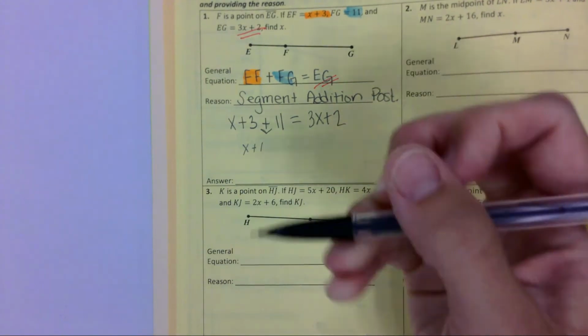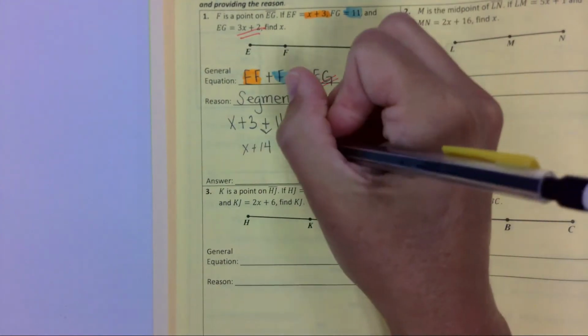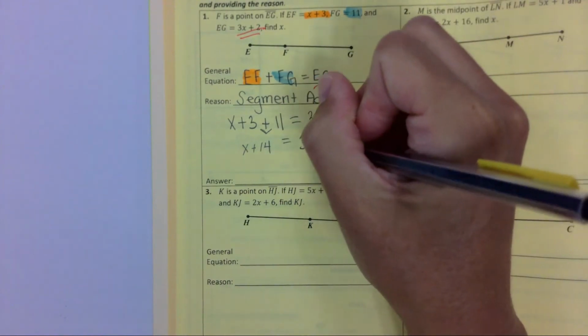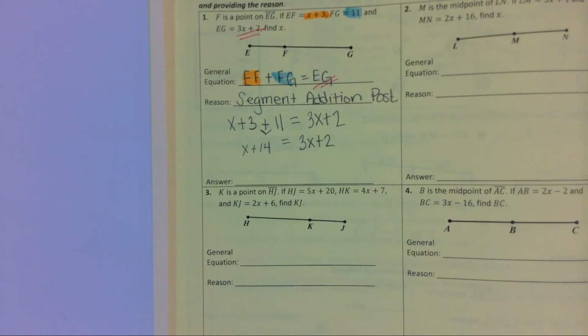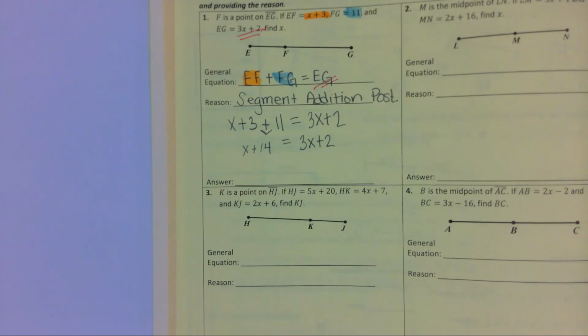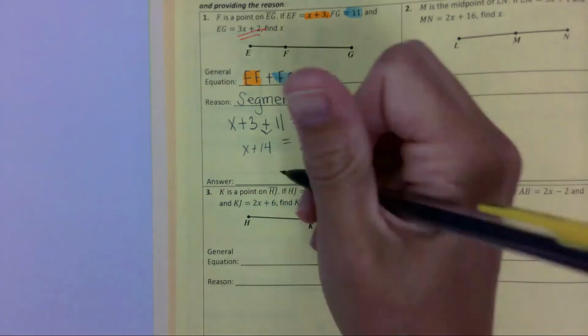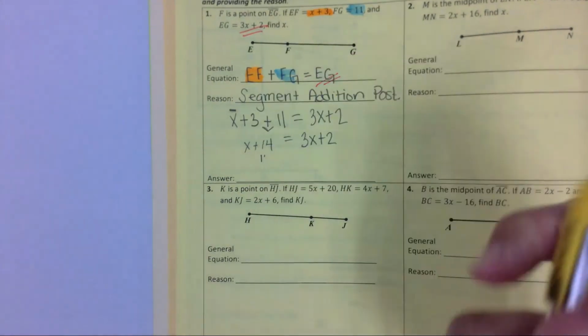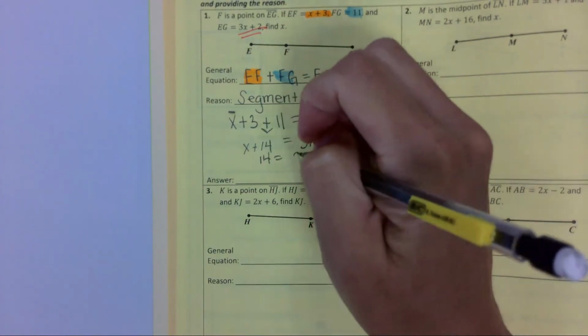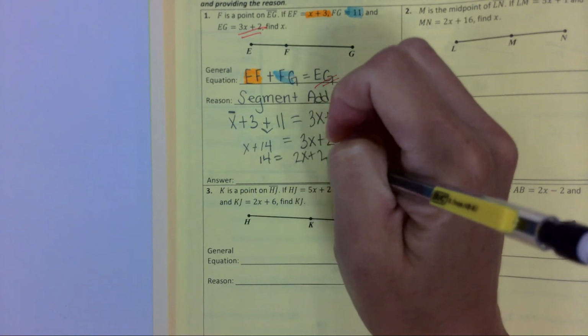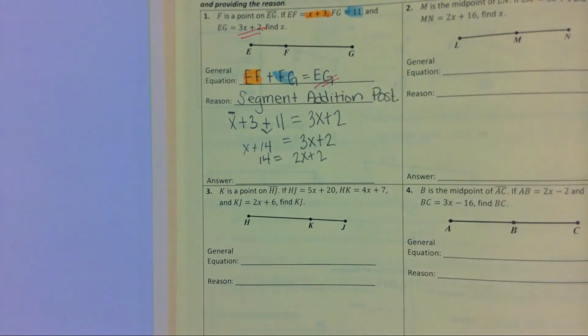Pencil doesn't like me today. 14 equals 3x plus 2. Then I'm going to subtract my 1x over to the other side. So subtract 1x from 3x, which is 2x. So I've got 14 equals 2x plus 2. And then from here, it is quite possible that most of you can solve this part